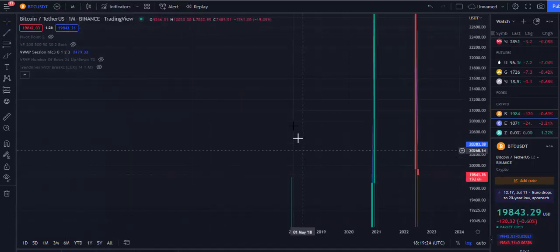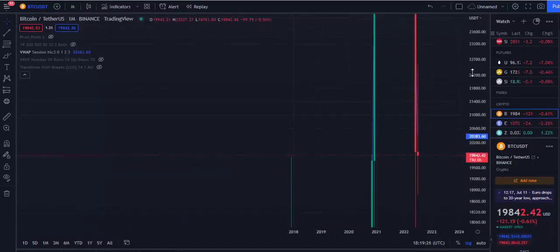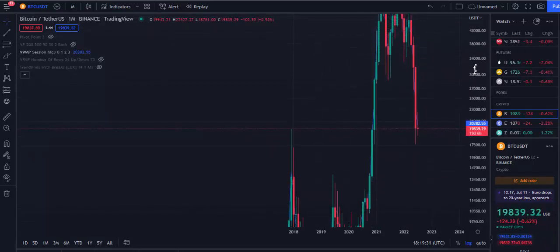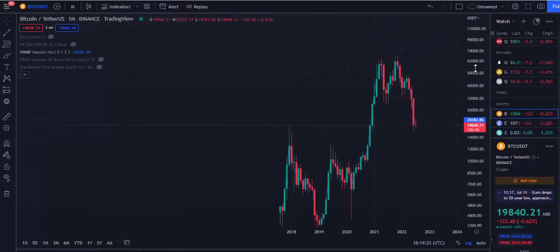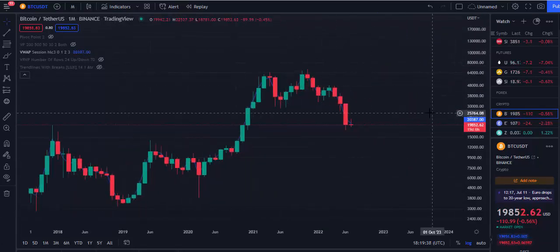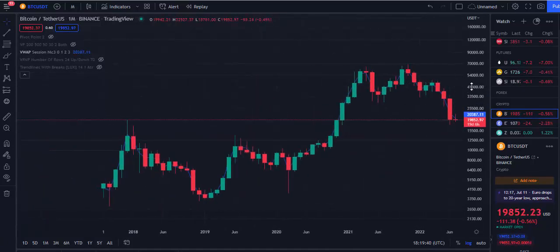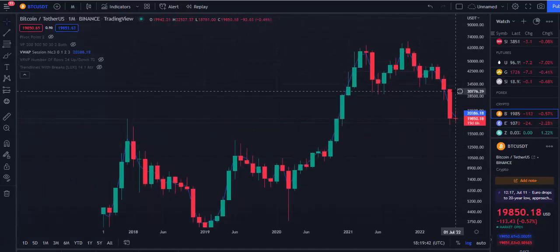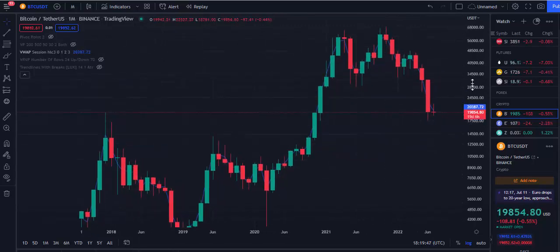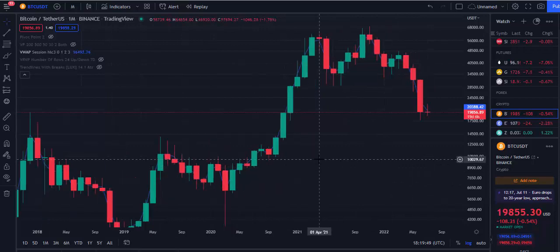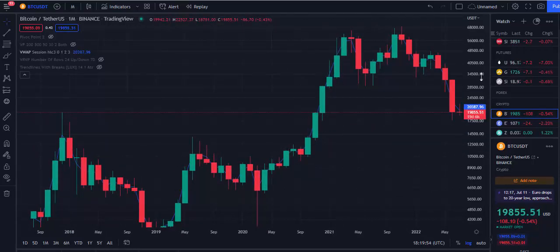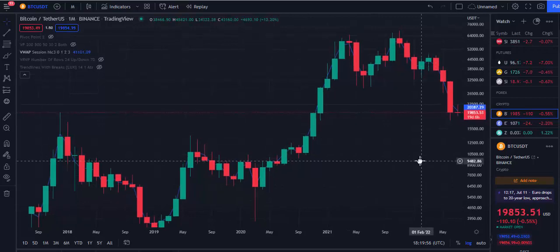1 month, so we're going to take a look at the entire market to see what is happening and what we should be expecting, and we're going to be using previous data to do that. If you go to the monthly, this is what you are going to see. This is the entire lifespan of BTC since it started trading on exchanges. With this data, we are going to bring out our overview.